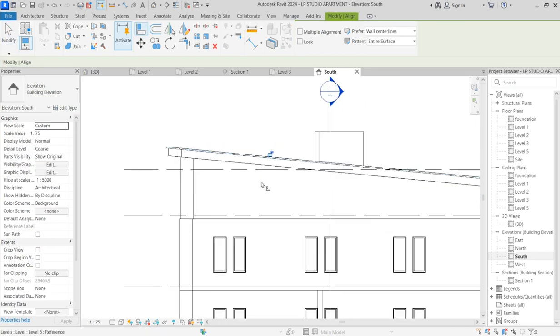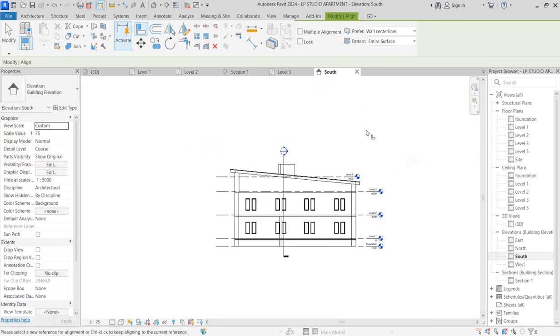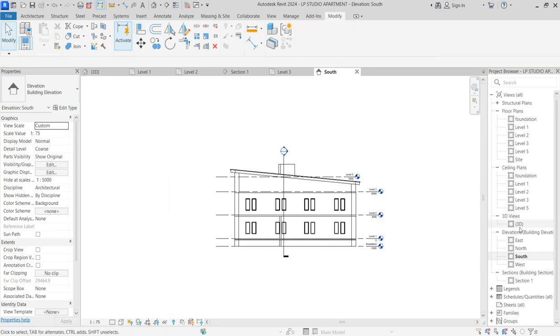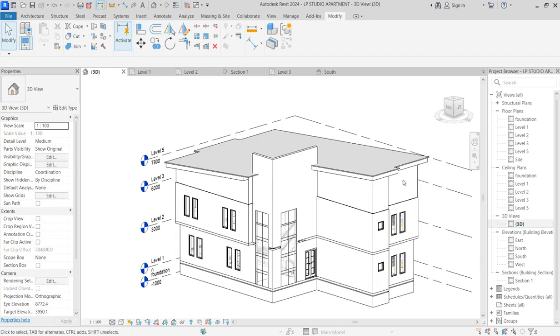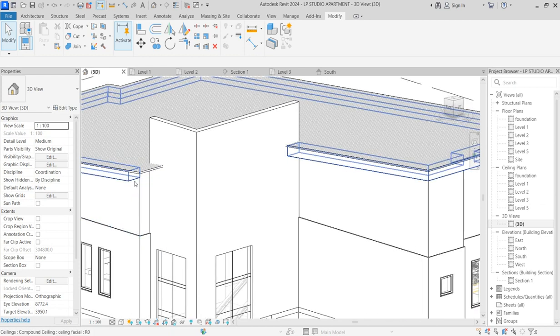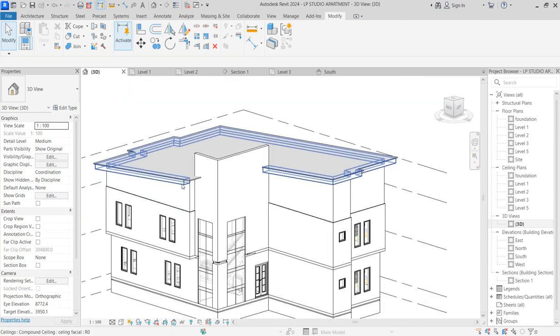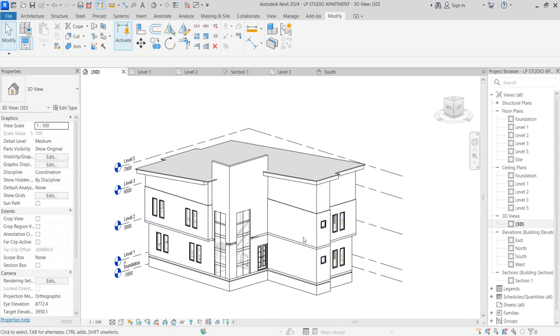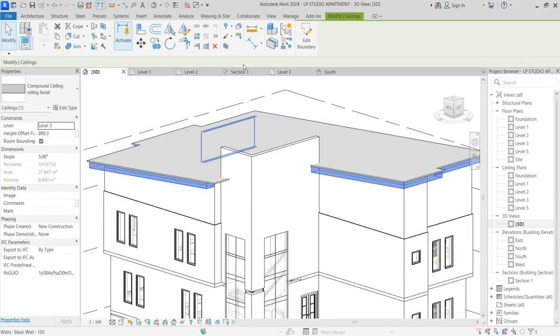Align it. Yeah, so that is it. So when you look at it from 3D now, you find that if you want to host the lamp at this point, it's easier and faster than before. So now what we do is